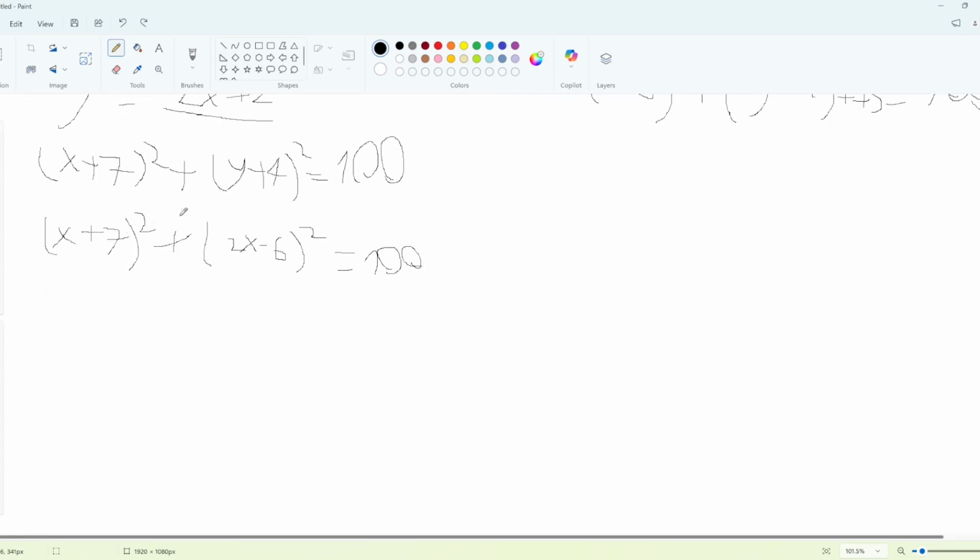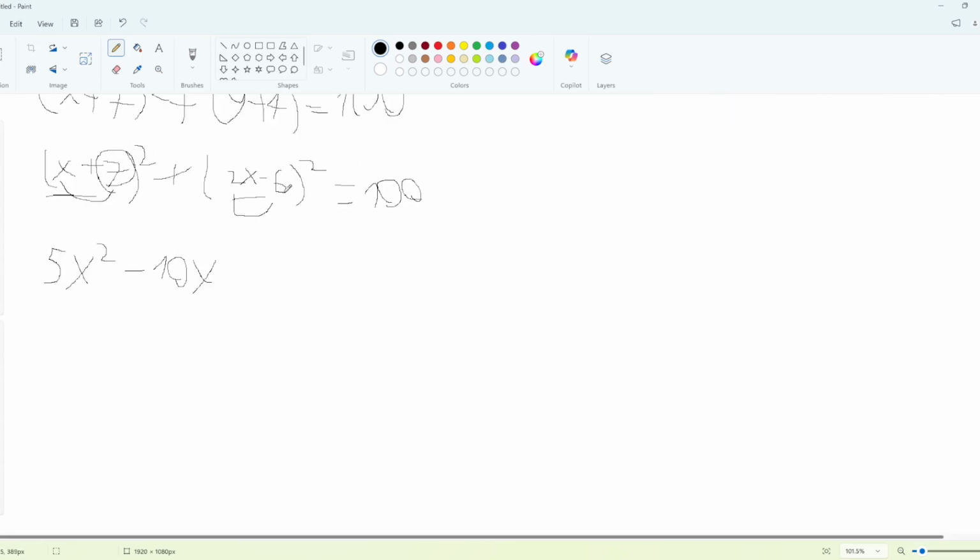Now we're going to solve. We get x squared plus 4x squared, so 5x squared. The x term is only 6 times 2 minus 4, so 14 minus 4, 10x. 7 squared is 49 plus 6 squared is 36, we get 85. Okay, equals 100. Now, even this seemingly single equation exists in the world of intersections, because this is actually the intersection of